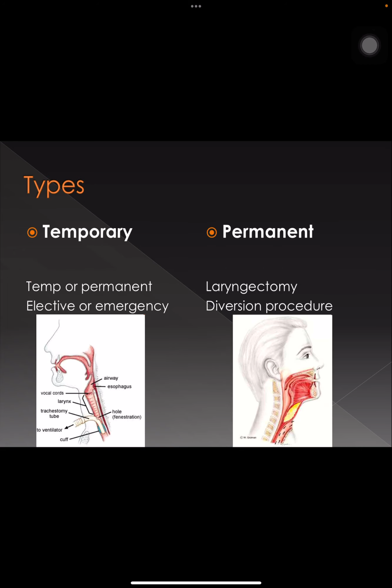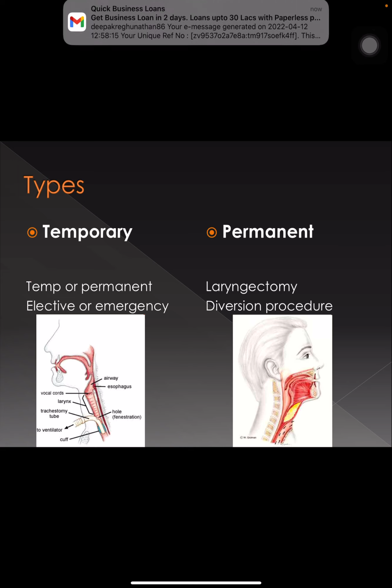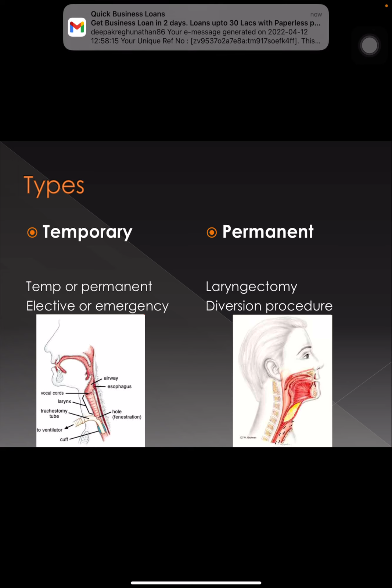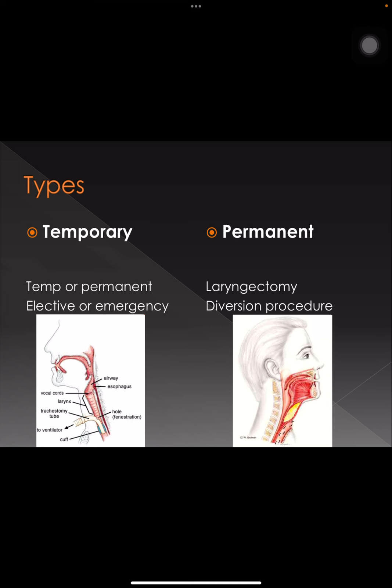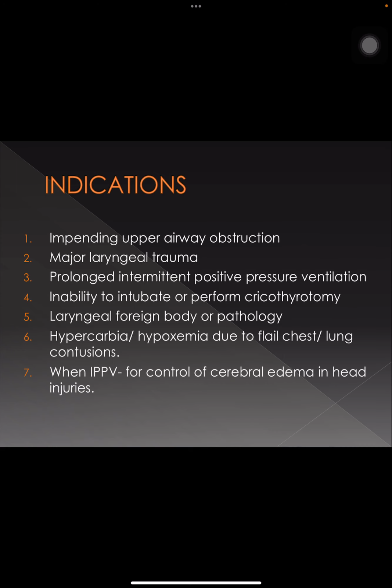Now, there are two types of tracheostomy. There is temporary tracheostomy and permanent tracheostomy. There is also elective tracheostomy and emergency tracheostomy. The opening that is formed is called a tracheostoma, and it is a permanent opening into the trachea through the neck. Coming to the indications: impending upper airway obstruction, which can be due to infection, trauma or pathology,